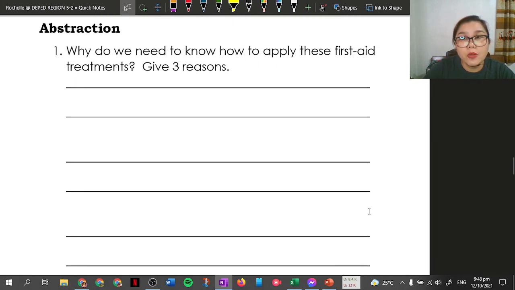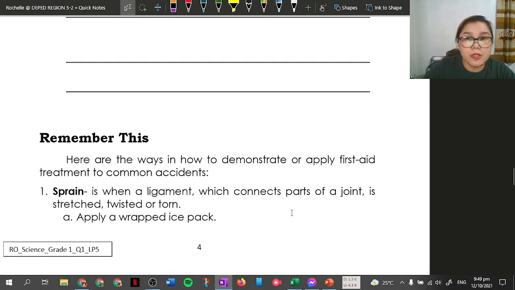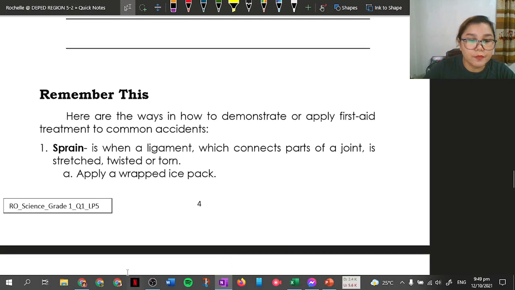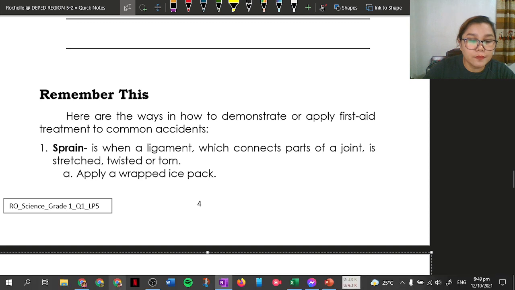If ever you have the idea but you don't know how to write it yet, you can ask from the adults, or you can use short statements or phrases only. So, bakit kailangang malaman ang first aid treatment? Pause to finish writing the 3 reasons. And now, let's proceed with the discussion. Okay, for the discussion,